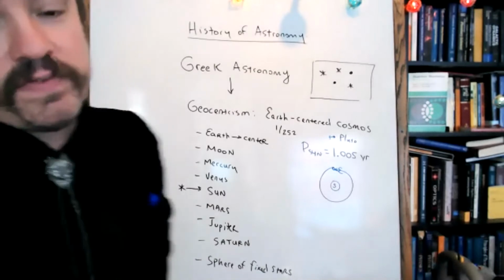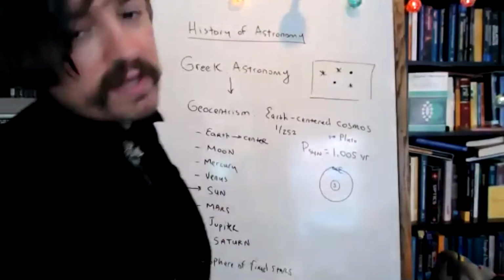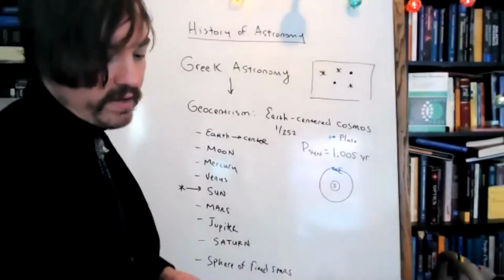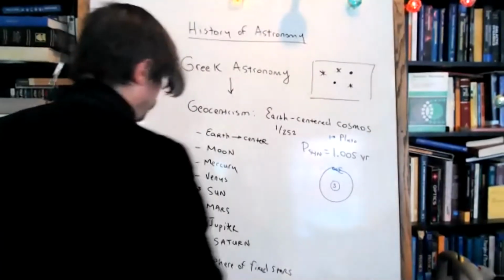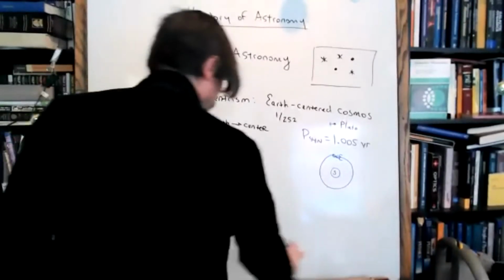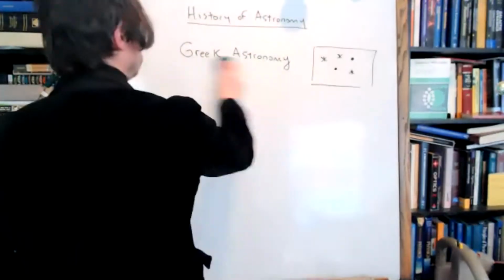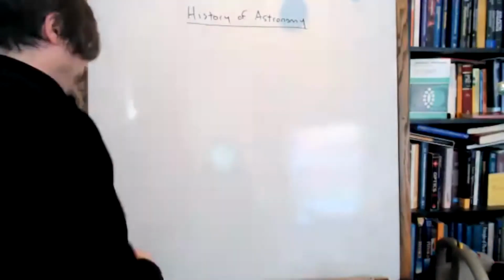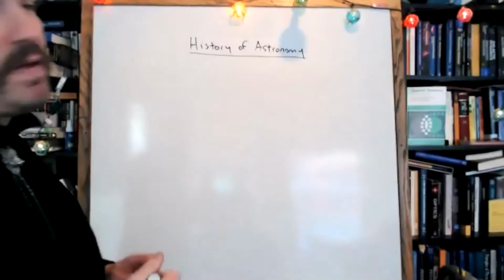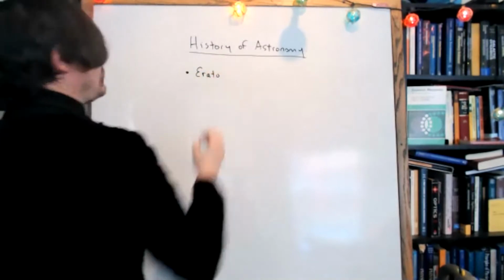Now, we're going to study a couple of key philosophers who had tremendous influence on the Greek geocentric model of the solar system. I'm not going to expect you to remember everyone like Anaximander or Thales of Miletus, but I will expect you to know the people that I'm about to write on the board, as they are very important. I'm going to erase this here. So, people that we're going to study in detail: Eratosthenes